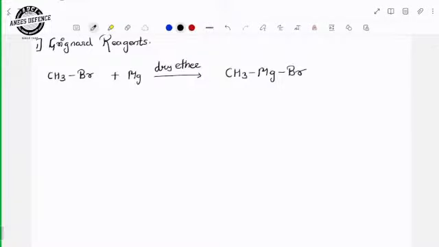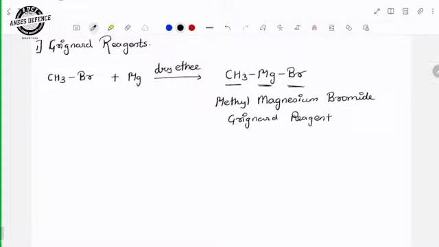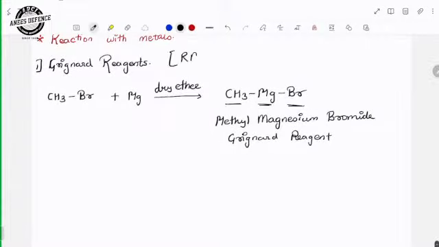What would be the name for this product? This is methyl, this is magnesium, and this is bromide. So the product will be methyl magnesium bromide. And this reagent is known as Grignard reagent. The general formula for the Grignard reagent is RMgX, where R is any alkyl or aryl group, Mg is magnesium, and X can be any halogen atom. Okay,